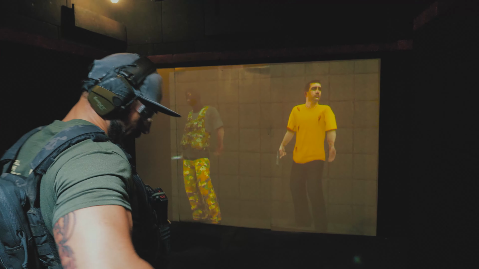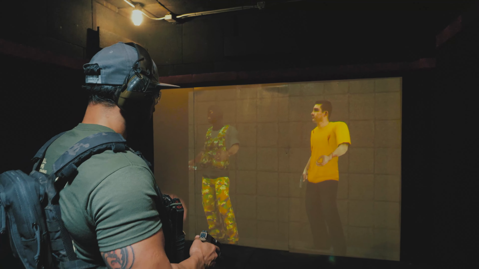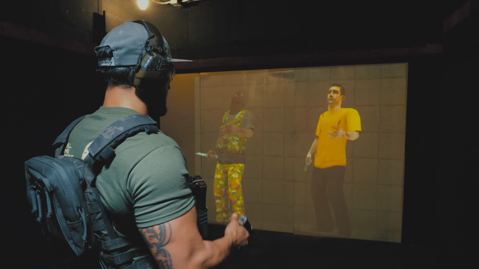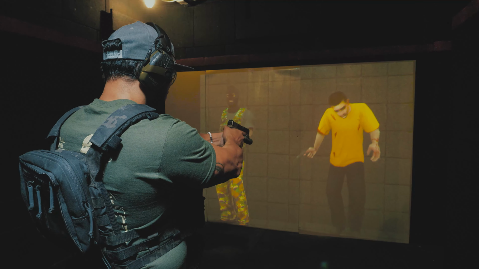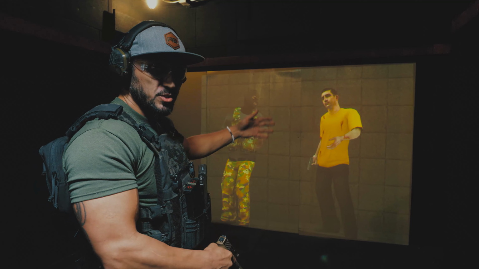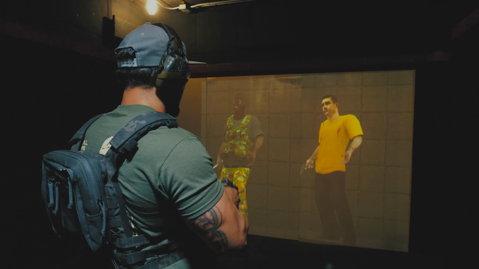So on this yellow guy, I'll go ahead and shoot him in the leg, then shoot him in the arm, and see how he responds to us. All right, so you see he responded to that, but he's still kind of standing, as he may be in real life. But if I shoot him again,